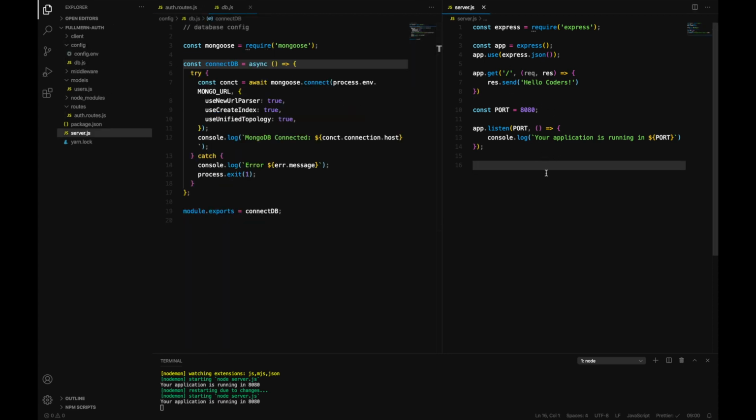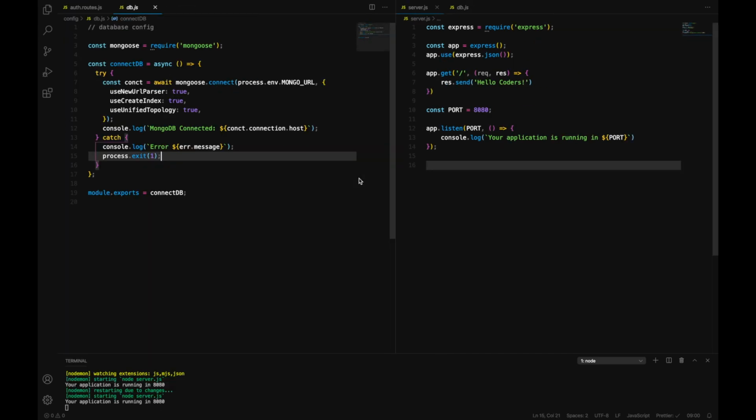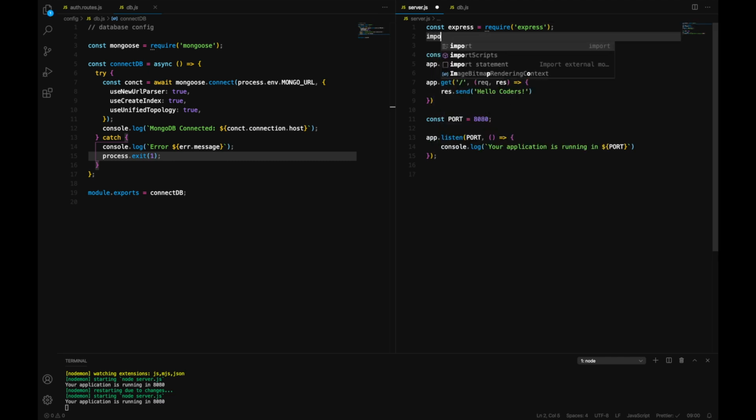Which is exported right here. So we will import our connectivity right here, import connectdb and require